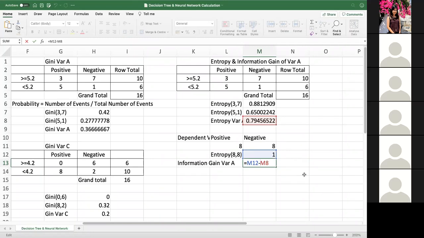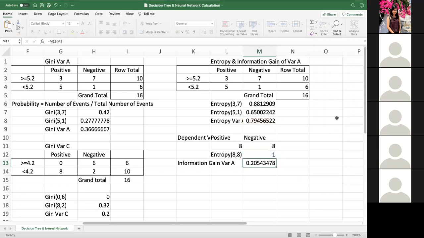It randomly selects a range and randomly selects a value in the range and uses that value to count how many positives or negatives are there, and then accordingly it will calculate the entropy or Gini of that variable. So lowest Gini first split, highest information gain first split. And the entropy of equal classes is always equal to 1. 8 comma 8 equal classes are there, so it is equal to 1. Even if you calculate, you will get only 1.